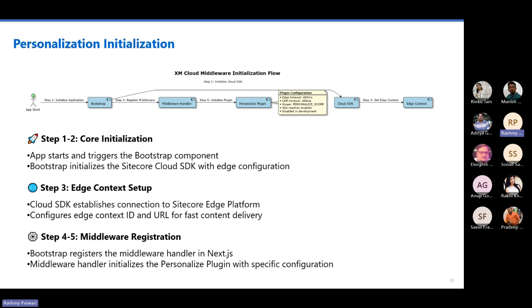In the next step, we set up that context. Say, for instance, you have different tenants, right? How does a particular application know where from it needs to accept experiences? That's the connecting glue.